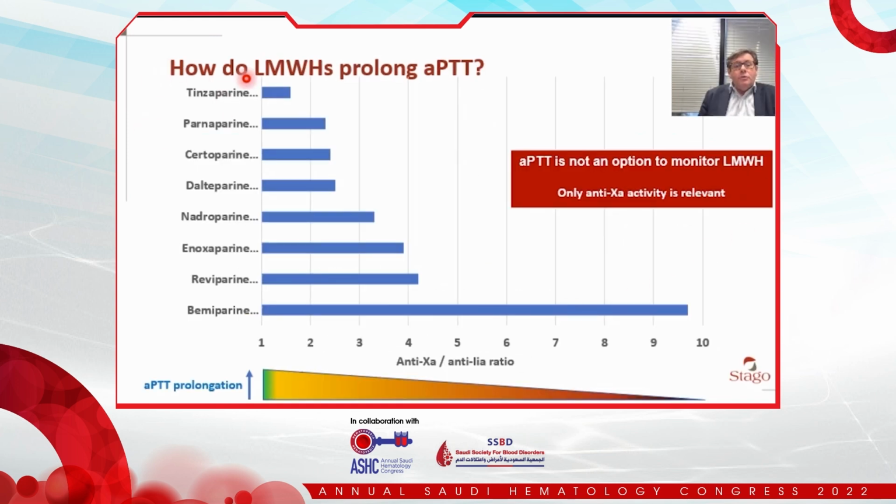So, how do low molecular weight heparins prolong aPTT? This depends on the anti-10A to anti-2A ratio. You have here on the y-axis various preparations of low molecular weight heparin versus, on the x-axis, the anti-10A to anti-2A ratio. And the lower the anti-10A to anti-2A ratio is, the higher is the prolongation of the aPTT,